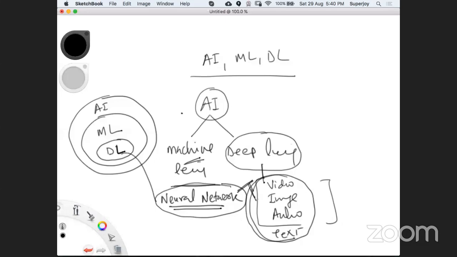So Narayan, what I was telling you, TensorFlow and Keras or PyTorch, these are the library names, and they can be used for machine learning and deep learning. Particularly TensorFlow is used for deep learning. It is just a library, just like Pandas is a library for data analytics, TensorFlow is a library for deep learning. TensorFlow is not a separate concept.